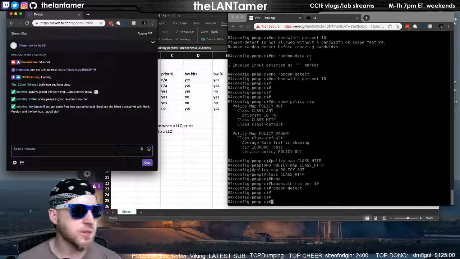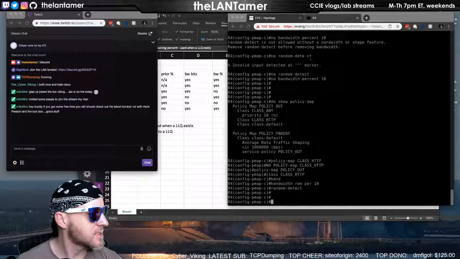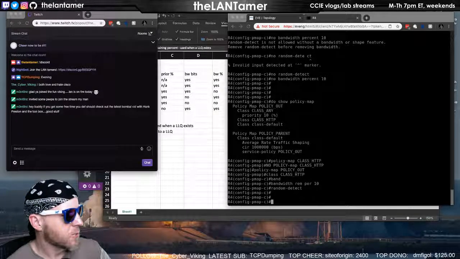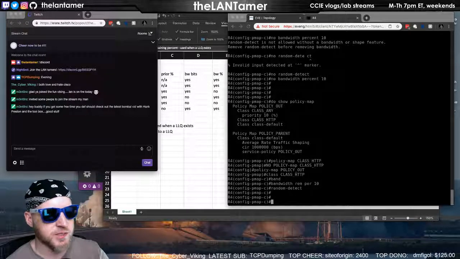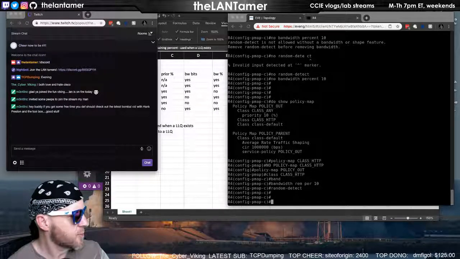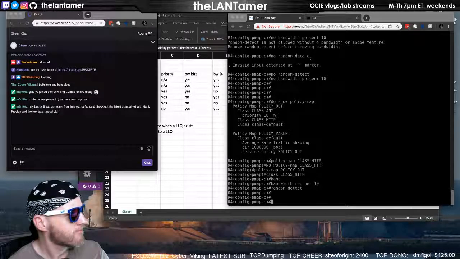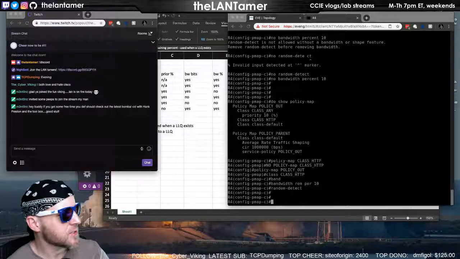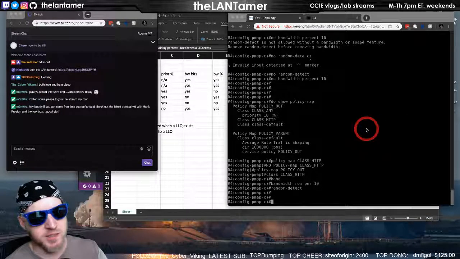All right, so this all came out of a lab. It's a WRED lab, and it starts out the explanation. I've already done the lab, just kind of going through the notes here. As it is explaining, when you apply the random detect command under a user-defined class, it automatically removes the LLQ and remaining bandwidth reservations command and enforces WRED as a drop policy. I don't think that's a true statement.